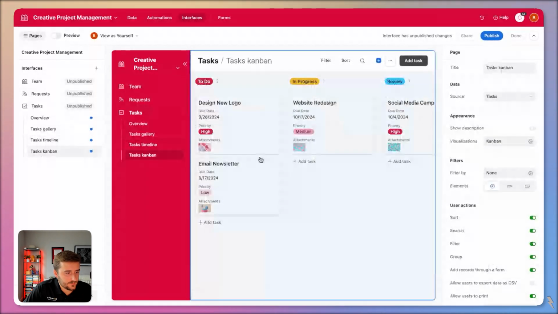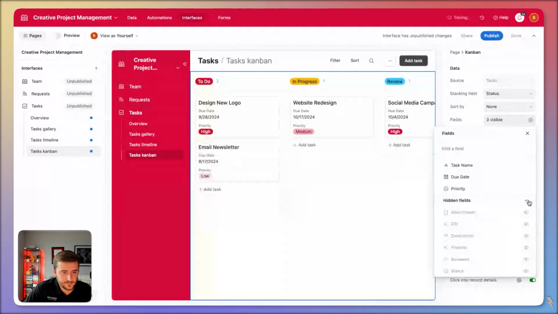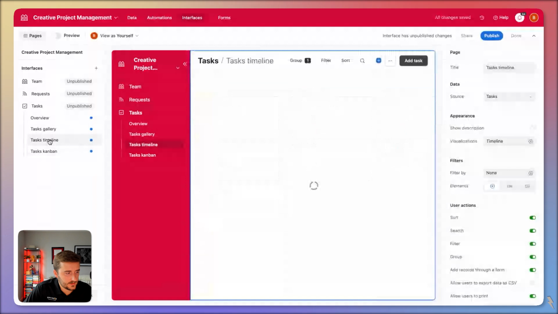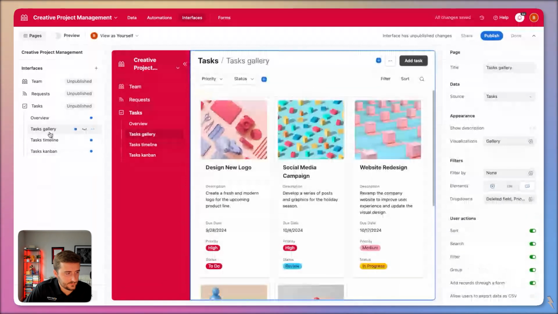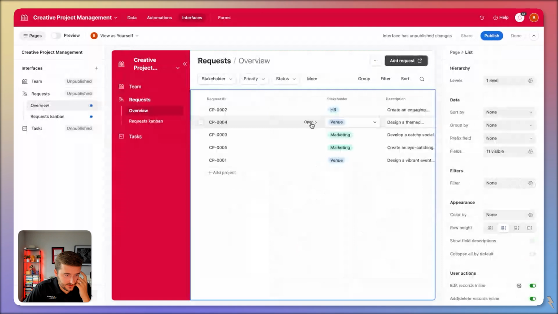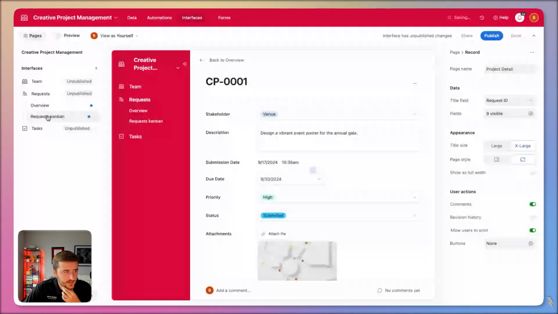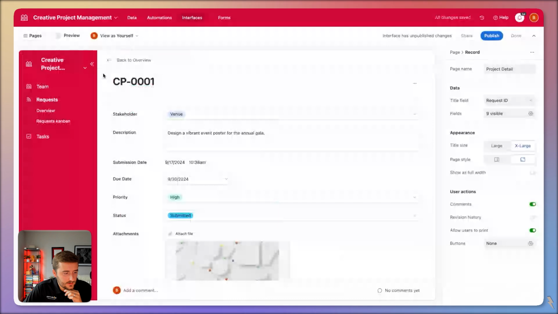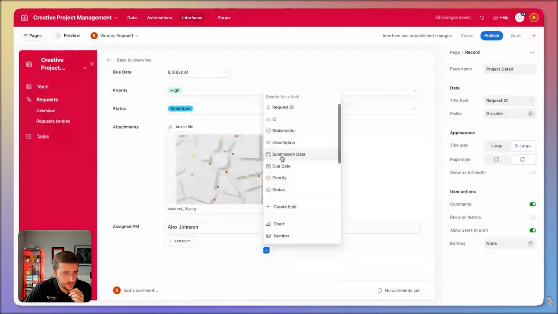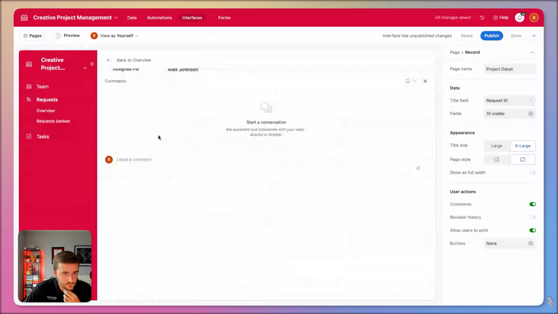Okay, task Kanban. I think that's good, other than maybe I don't want attachments in here. Timeline good, gallery. We'll keep it. I actually like the gallery view if I look at one of these. So if I want to open this up, I'm going to choose to make this a full screen ad. And I want to come down here and add the tasks in here. Whoa,